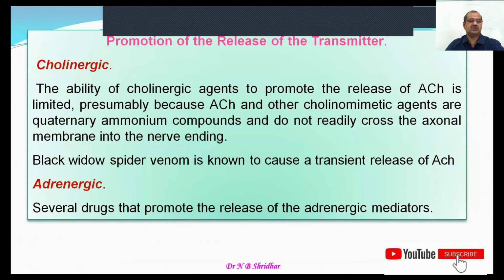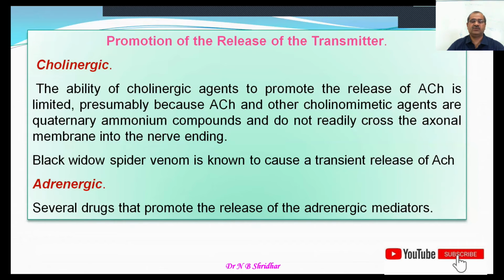Here, different steps, especially the neurohumoral transmission, can be pharmacologically intervened. In cholinergic nerves, the ability of cholinergic agents to promote the release of acetylcholine is limited, presumably because acetylcholine and other cholinomimetic agents are quaternary ammonium compounds and do not readily cross the axonal membrane into the nerve ending. So, the black widow spider venom is known to cause a transient release of acetylcholine. So, in adrenergic nerves, there are several drugs that promote the release of adrenergic mediators,